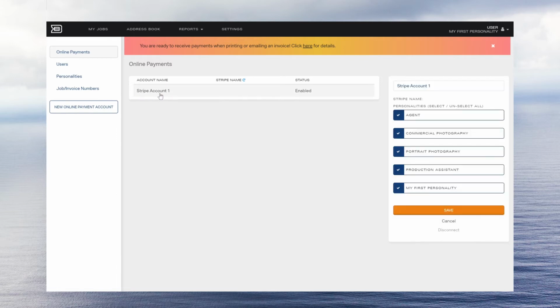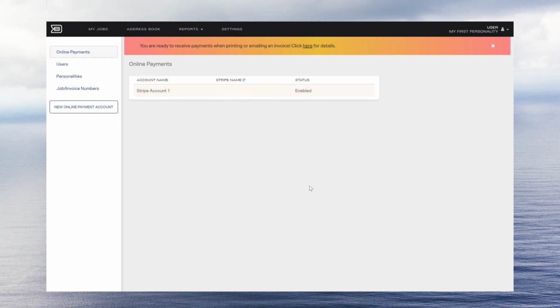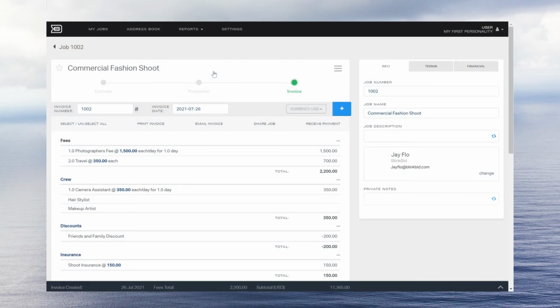Click on the account to change the name and connect personalities to your Stripe account. Know that you can add multiple Stripe accounts and attach them to different personalities. Once your Stripe account has been set up, it is easy to create an invoice and attach the online payment